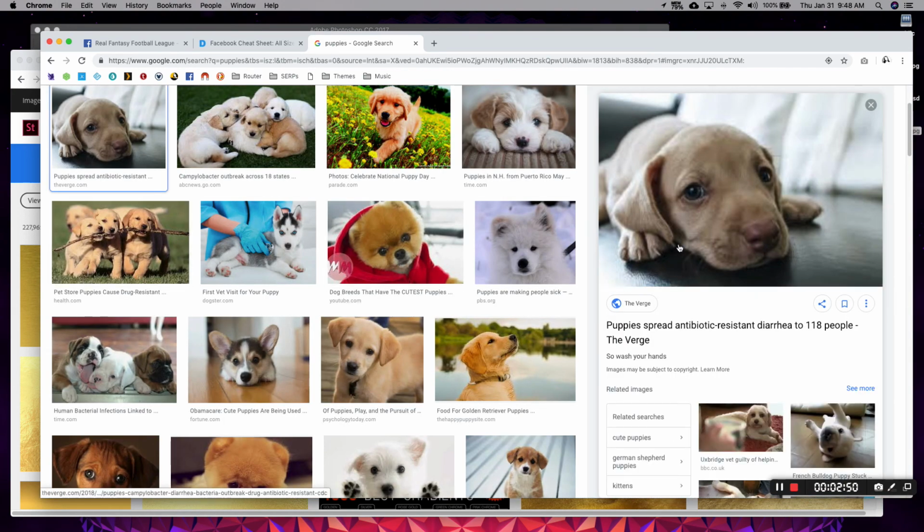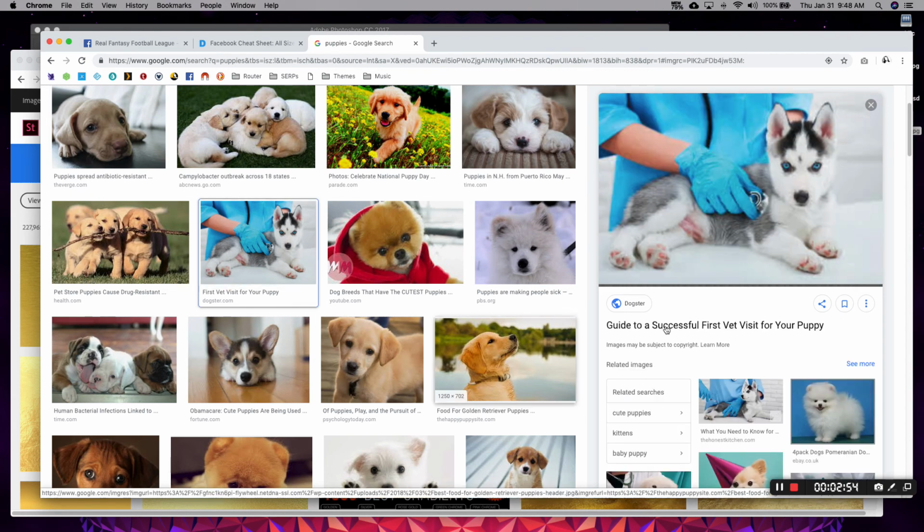The main thing is when you click on it, you have to make sure it loads. So when you click on it, see that little dark line at the very bottom right over here? That means it's not loaded yet. If you copy it prior to that, it will not get you